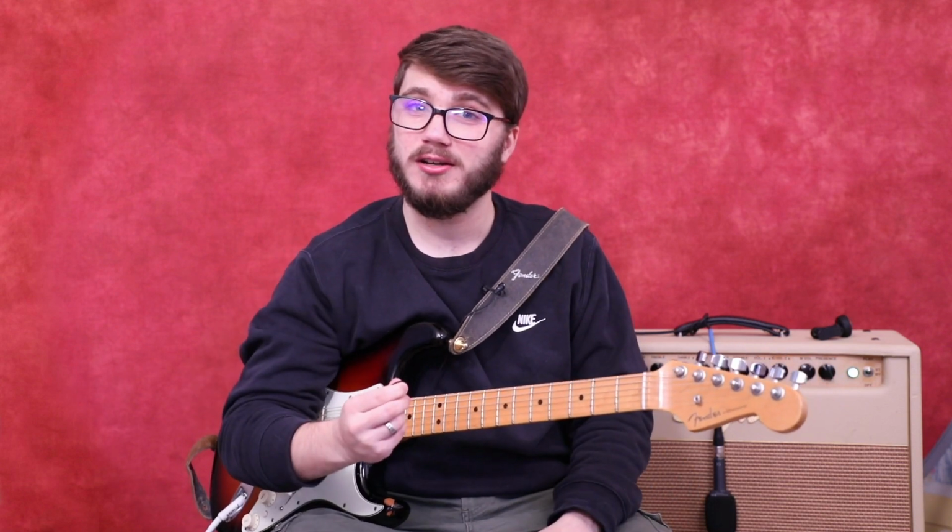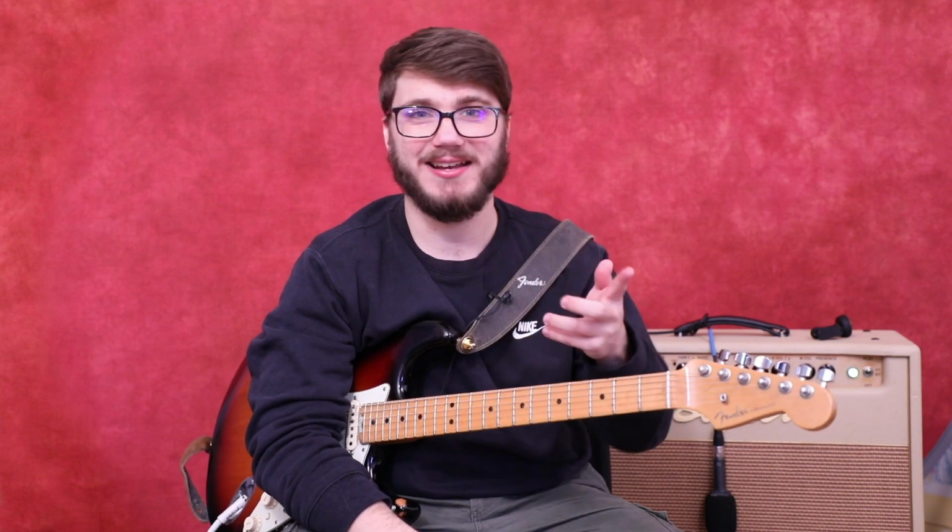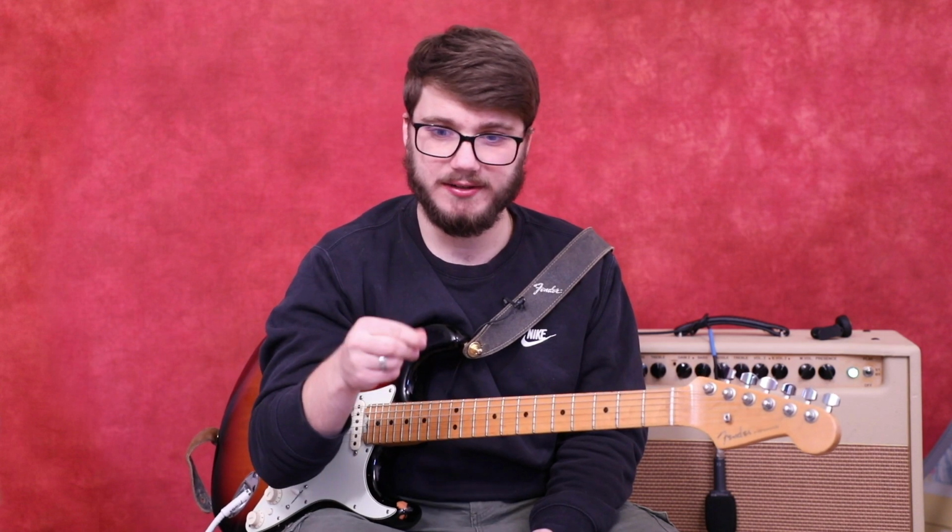Pick lighter. You know, I have a great jazz instructor that tells me all the time when I'm soloing and I'm thinking, I subconsciously pick heavier. And he looks at me sometimes. He's like, "Why are you overcompensating your confidence when you play notes harder?" And I asked him, I said, "What do you mean?" He said, "Well, you know, if you're in a jam session and you're really going like that,